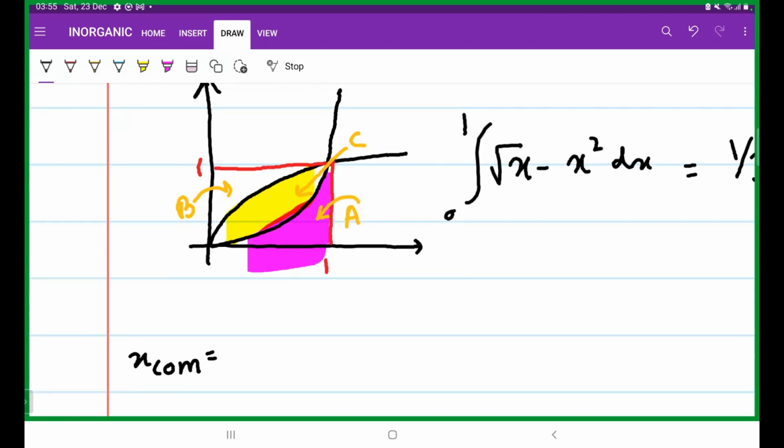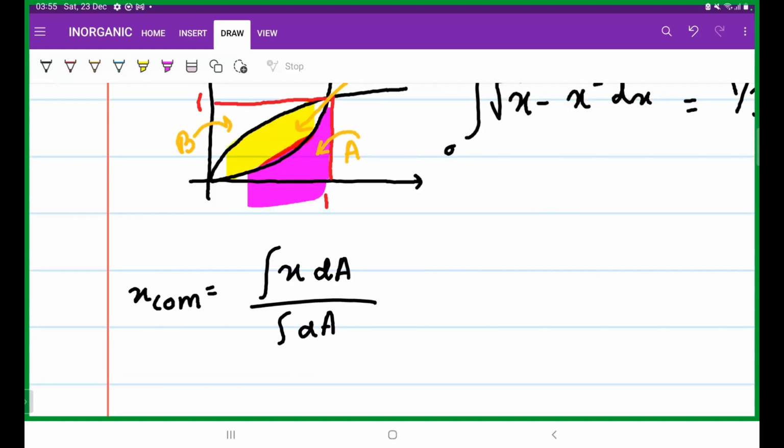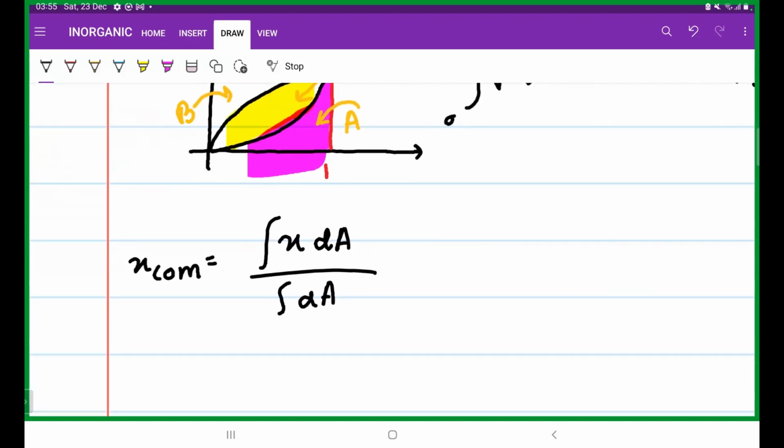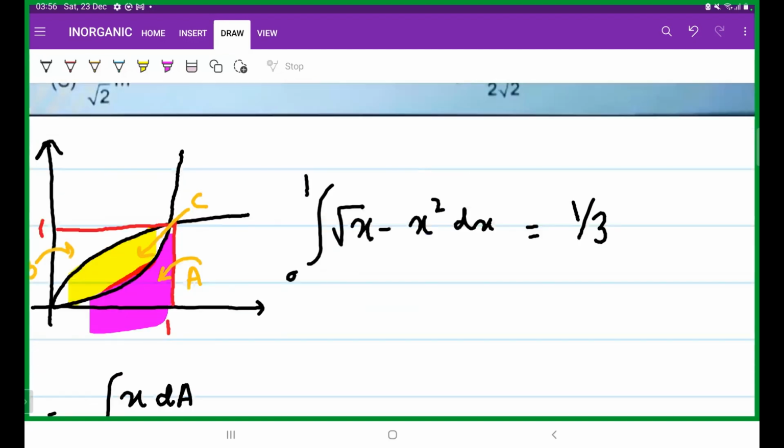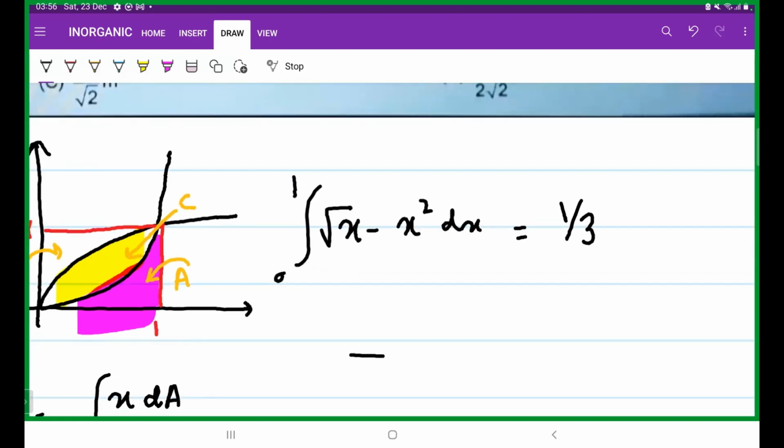of part A. Okay, so for these kinds of bodies, this is the formula. Integration x dA divided by integration dA. Okay, so we can replace the x with x dy, right? Why do we do this? Let me explain it to you. In order to find the center of mass in x, what we can do is that,